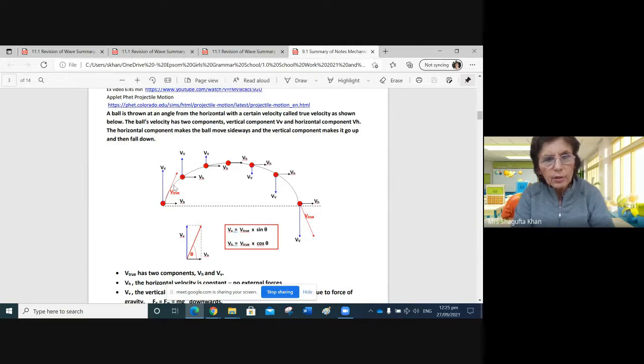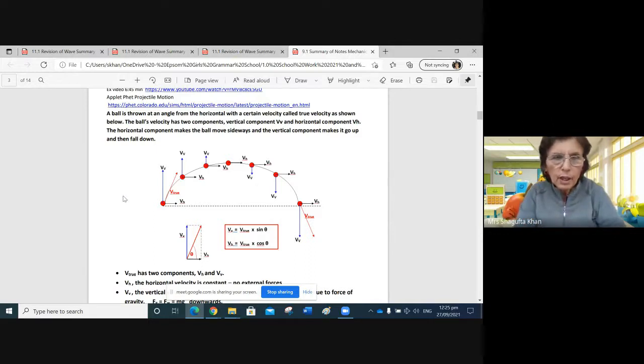Now, if you look at each and every point, that was the actual velocity it was thrown at. Using the same method I mentioned before, we can calculate the horizontal component and the vertical component by using these formulas. If you notice here, horizontal velocity remains the same and constant because friction is negligible. So we ignore the friction, or we say there are no external forces in the horizontal direction, so horizontal velocity remains